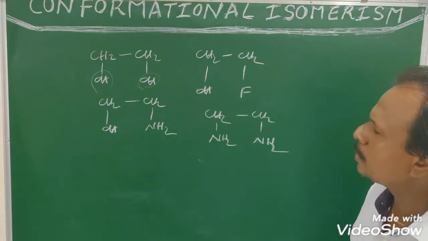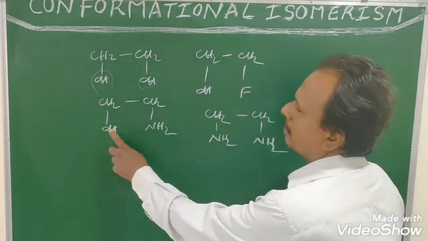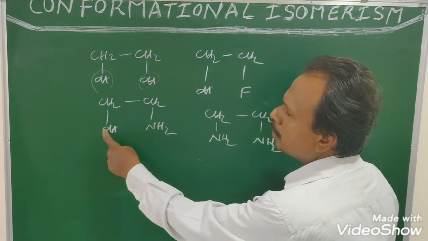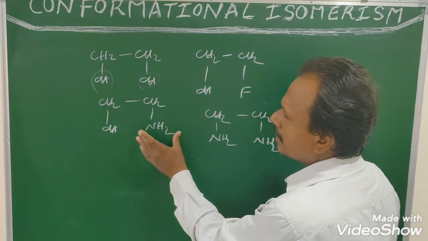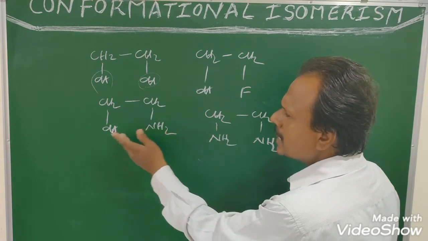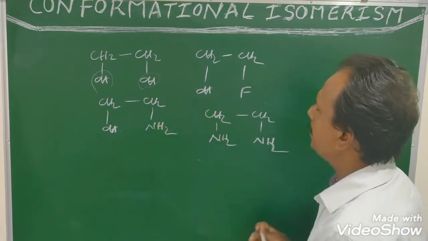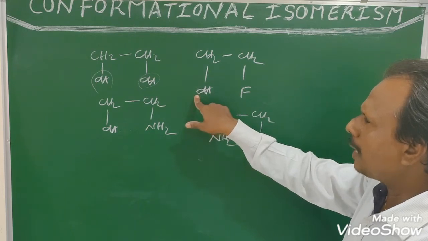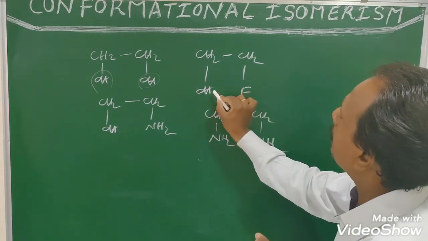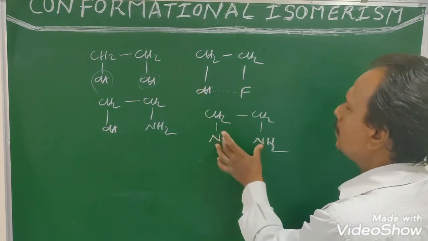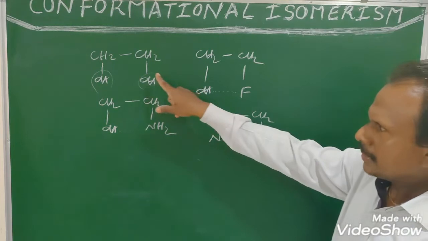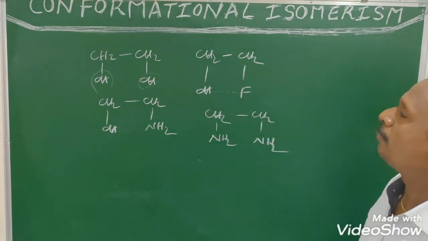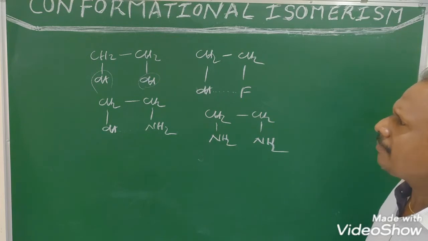What is the required condition to form intramolecular bonding? One group must have an H atom linked to O or N or F, and the other group must have a highly electronegative element. Here one group has an H atom, and the other has an electronegative element like O or N or F. Here F, this H atom is attracted to the F atom. So for all these compounds, among their conformations, Gauche is more stable. Next, after Gauche, anti. After anti, partially eclipsed. Least stable is the fully eclipsed conformation.